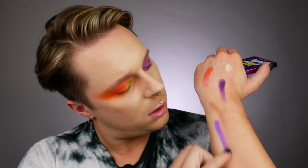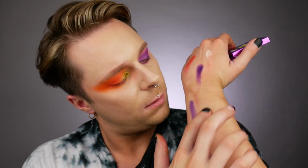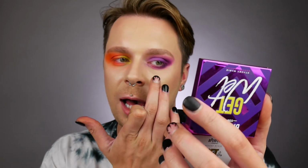Right, so like I promised, we're gonna dip into the two amazing shades, so I'm gonna swatch them before I use them. So first, Amethyst, which is your jewel purple. And I mean, this shade is absolutely amazing. And then Starlight, which is another purple. Right, I think Starlight is gonna go into the outer corner and the Amethyst is gonna